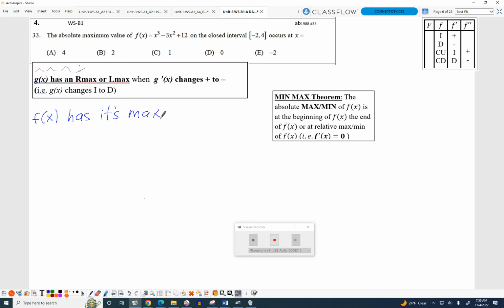But if they're talking about relative, they'll have to use the word relative. So if it's absolute, they can use all kinds of different words. But if they're talking about a relative max, they will say specifically relative max or local max. So that's how you can distinguish between the two questions. Otherwise, just look for some sort of wording that indicates biggest, greatest, fastest, highest, tallest, whatever. Questions? Okay, so F has its max either at